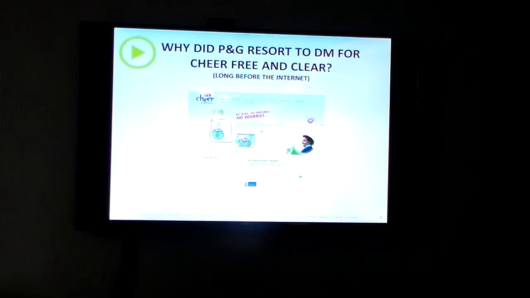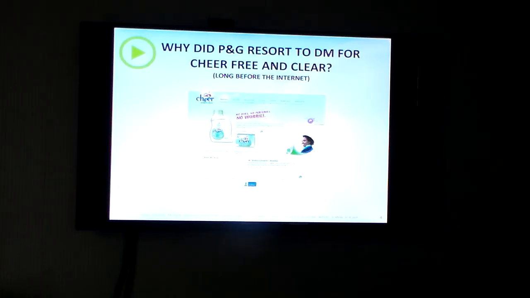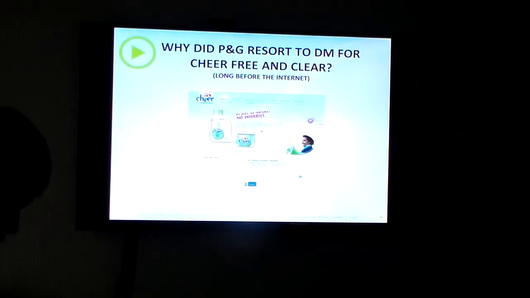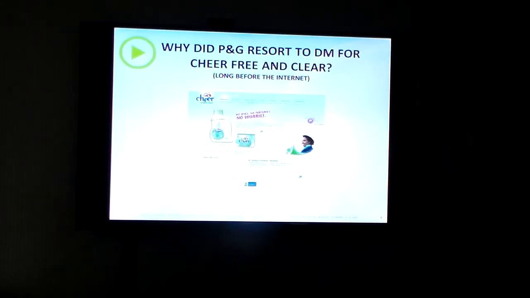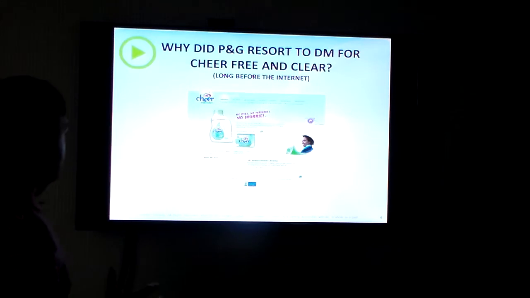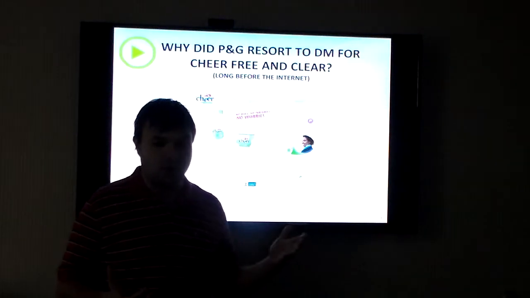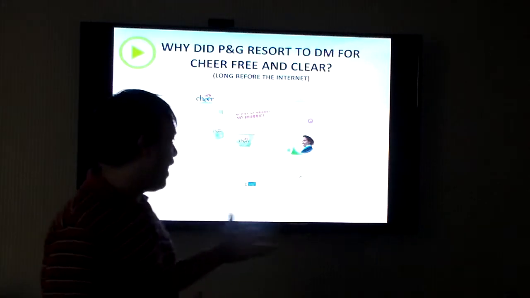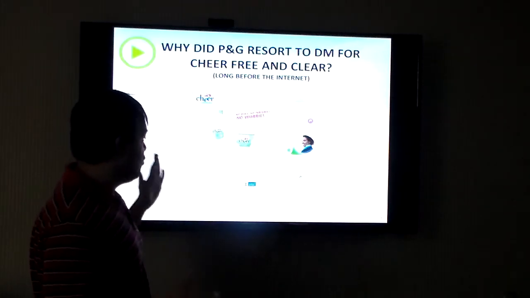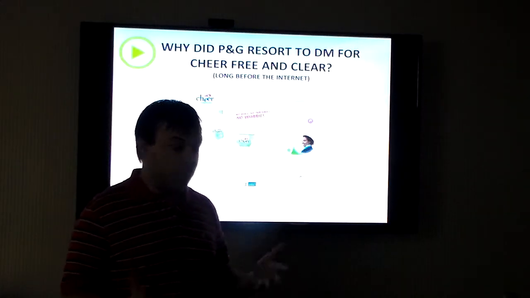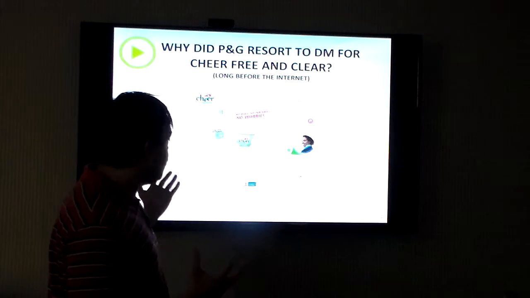If you look in our textbook at figure 4.2a, which is on page 83, they go over the story of Cheer and how Cheer basically moved to this sort of direct marketing approach. One of the things I found particularly interesting is that even though they had the advertisement online and accessible to all stakeholders, they enabled people to print out coupons that they could use in a store. So it kept the coupon medium that the people buying Cheer would be using,